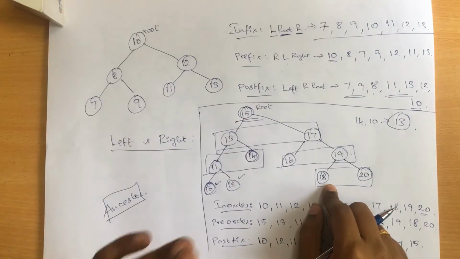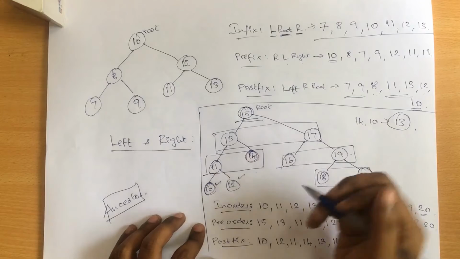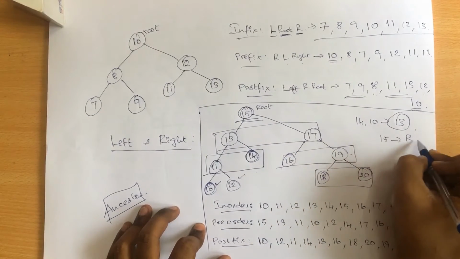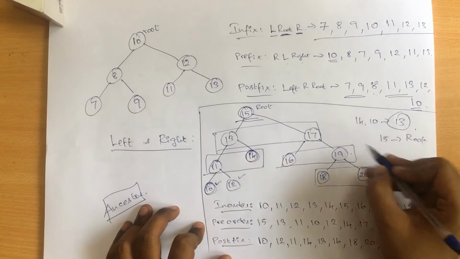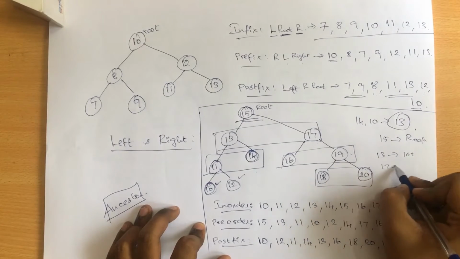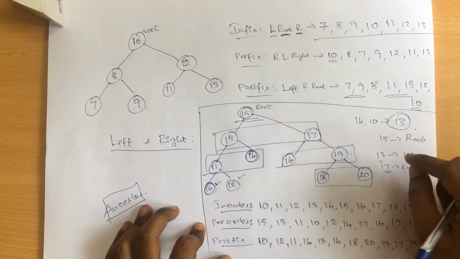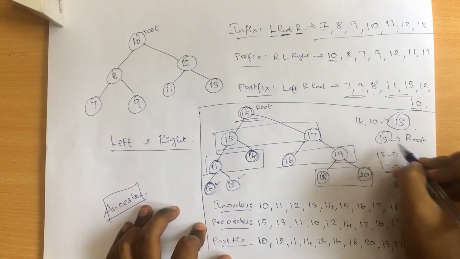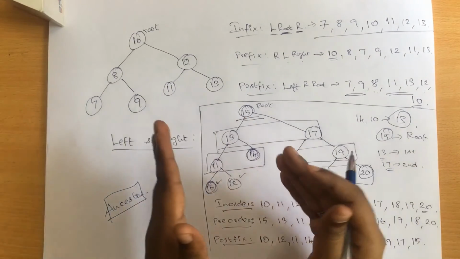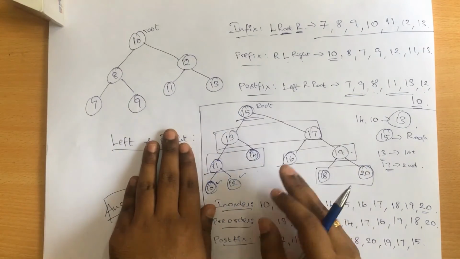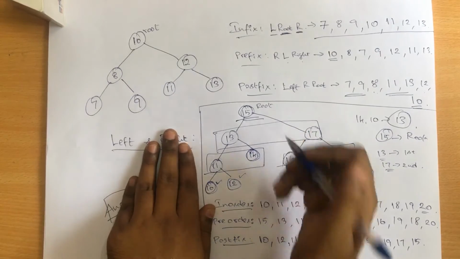So here there will be one more shortcut. Now assume that I have the root node here as 15, right? So 15 is the root in this tree, and we have some more values here. So I have 13 as one node, the first node, and 17 as my second node, right? So in this case, if I have one node lesser than the root node and the other node greater than the root node, it means that your final common ancestor is going to be the root node itself, right? Because they are at two extreme ends of the subtrees, one at the left subtree and another at the right subtree, that is why we are saying the final output is your root node itself.